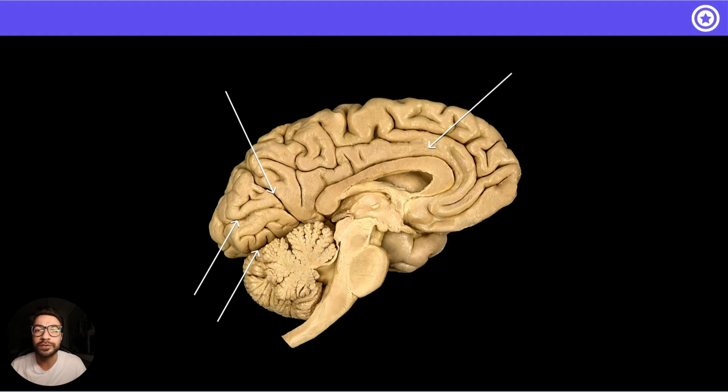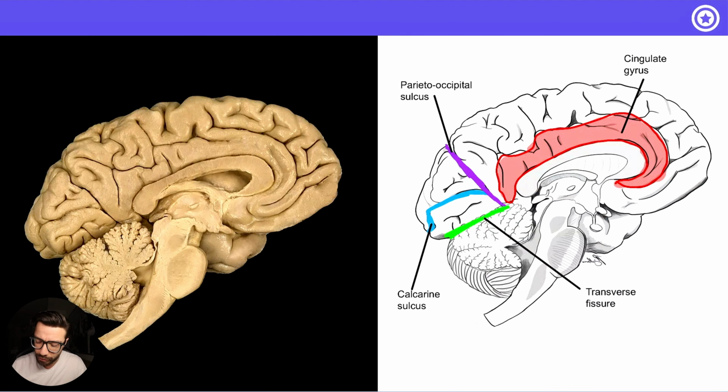And that corpus callosum is a very important key landmark for identifying midline structures. So let's just jump in here and get these labeled. So starting with this structure directly above the corpus callosum, so you can see here's the corpus callosum on the image, and then here it is on our real brain. We have a gyrus that's going to be found directly above it,